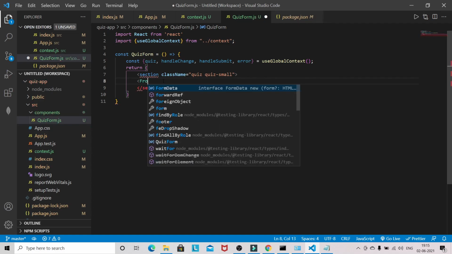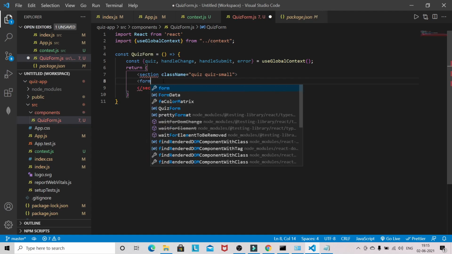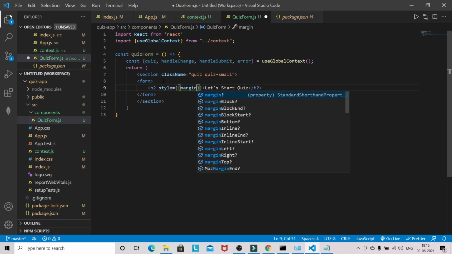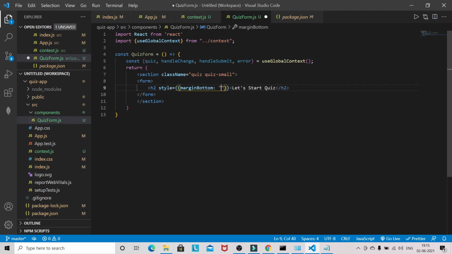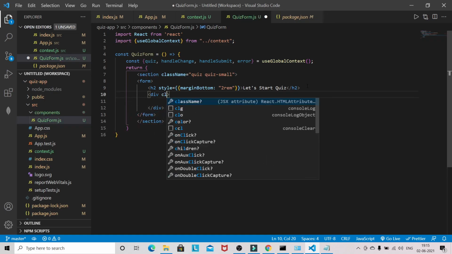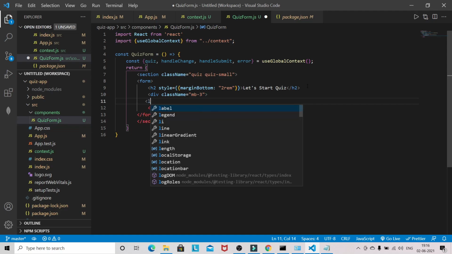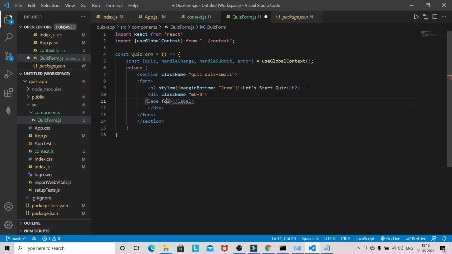I will use a form here. In the form there will be a heading, Let's start quiz, and I will give an inline style: margin bottom 2rem. Then a div with a Bootstrap class name, and a label for the number of questions.